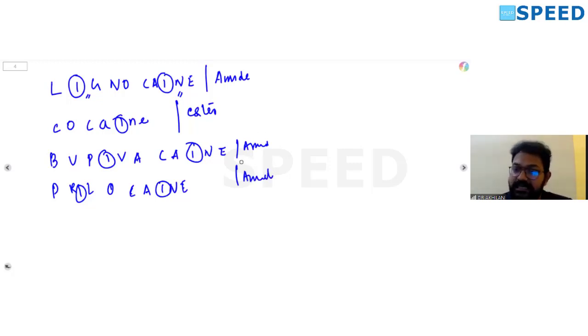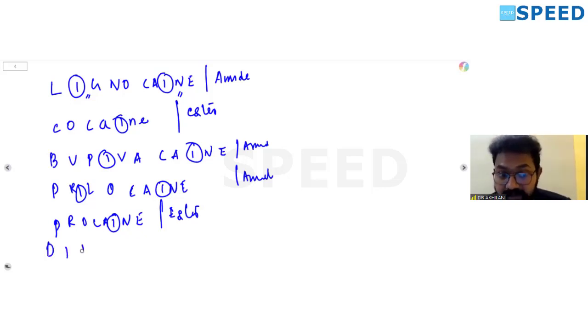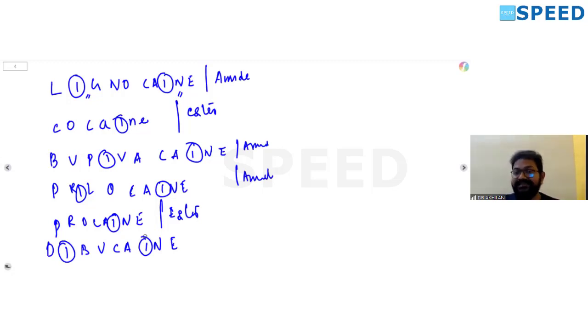So you do not really have to memorize all the agents to identify whether it is an ester or amide. You just look at the spelling and see if there are 2 I's here, right? One more example, say procaine. See, procaine also consists of only 1 I, so it is basically an ester. Now coming to our question, we have an agent which is called dibucaine, okay? So you know that in dibucaine spelling you have 2 I's. So when you have 2 I's, you obviously think that it is an amide local anesthetic agent or aminoamide, right? No. Dibucaine is again a drug of exception. Even though it consists of 2 I's, it is an ester local anesthetic agent.